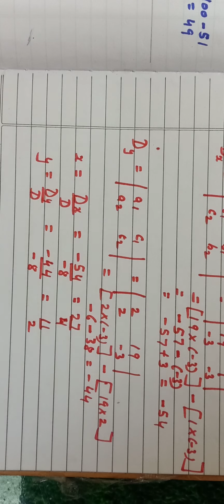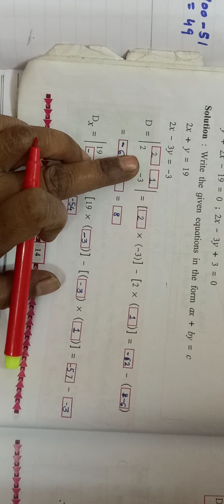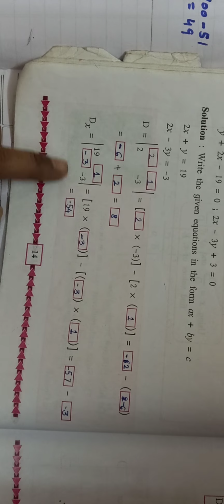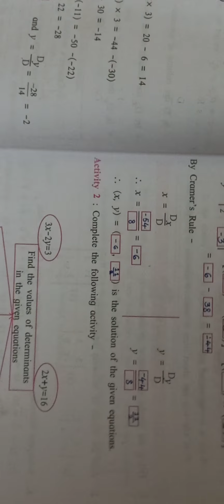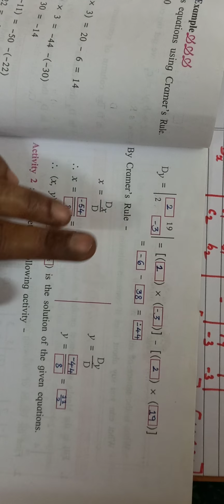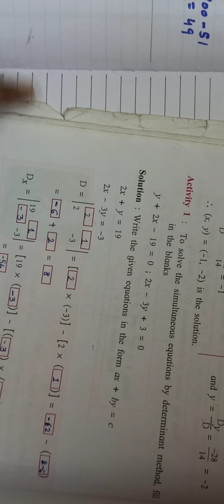Okay, so this way you have to solve. Now in your textbook they have given it as activity based somewhere. They have put a box and they have asked you to solve. See, this one I have actually done here. So this is called activity based sums, which you have to complete in your activity book. Like this box you have to make and solve it. So refer to your textbook, put this box and complete this sum. See, by Cramer's rule everything is given. So I have explained the concept to you.